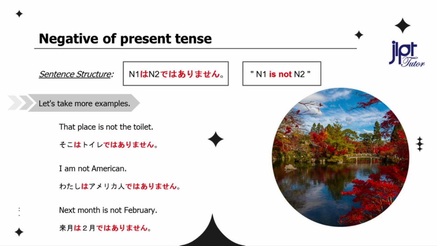Next month is not February. 来月は2月ではありません。